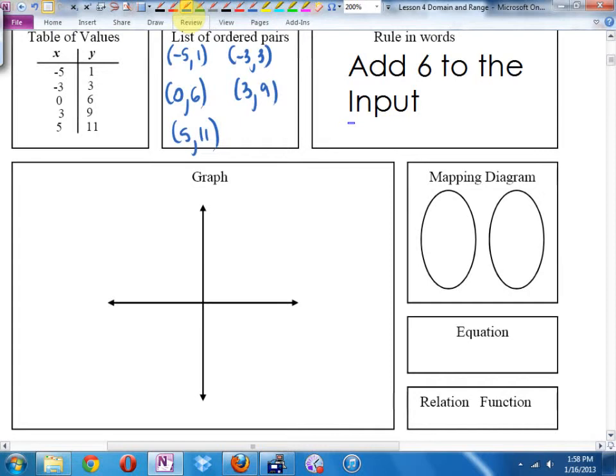What's the biggest x value that I have? 5. What's the smallest x value that I have? I'm going to go -6, 6. I'm showing you, this is how you cheat when you don't have graph paper. I went a little bit bigger than my smallest and biggest numbers, and I picked even numbers on purpose because,